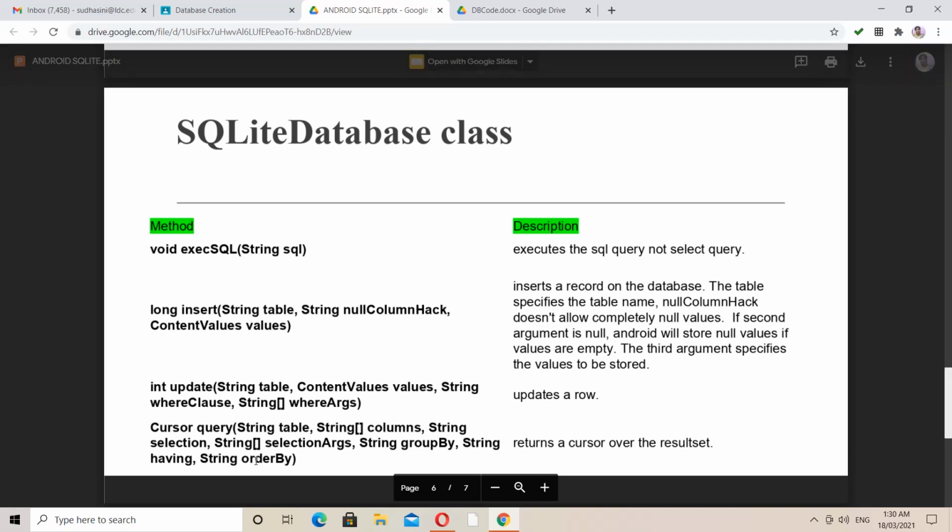Finally, we have order by. Order by is used when your complete information is to be set up in ascending order or maybe in descending order. So these are all the methods in the SQLite database class. And one more method I left out, I think, that is the delete operation. Delete is a predefined method where we pass the same kind of string table name, content values, as well as the where clause. What column we have to specify, and for that particular column what data I have to specify to delete. Don't worry, we will see the program code for the deletion process.